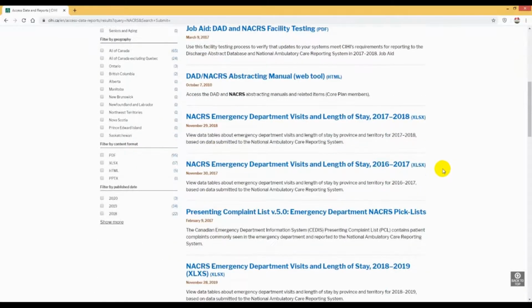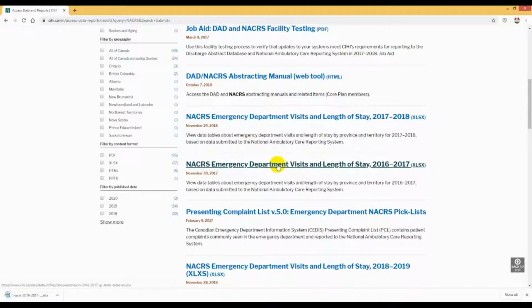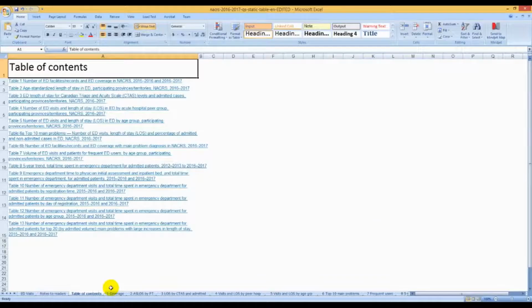If you scroll down, I already downloaded these 16, 17 files. If you click this, you will have this. After we open this in Excel,